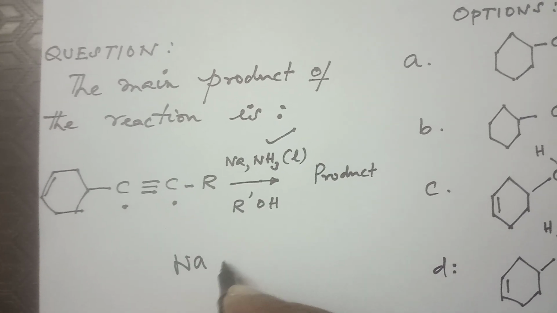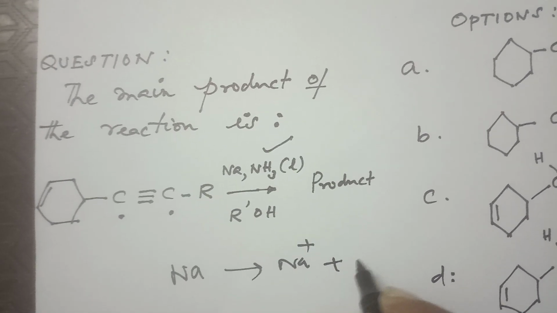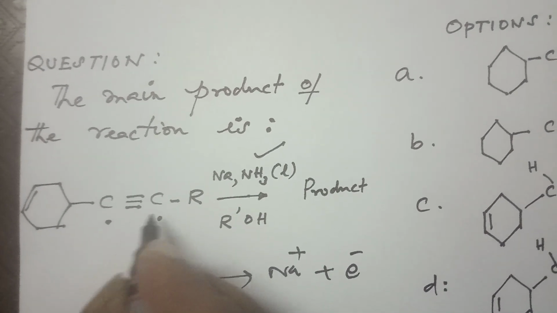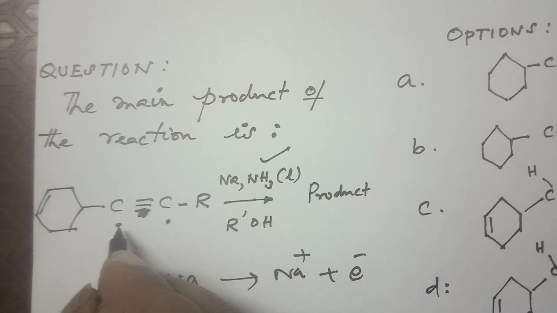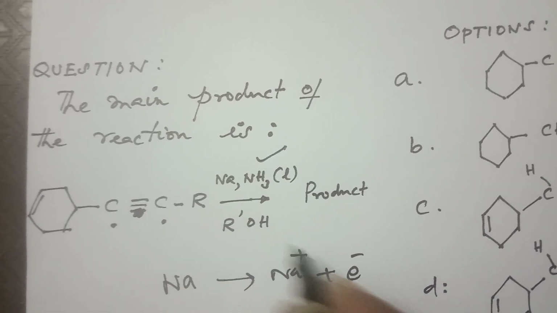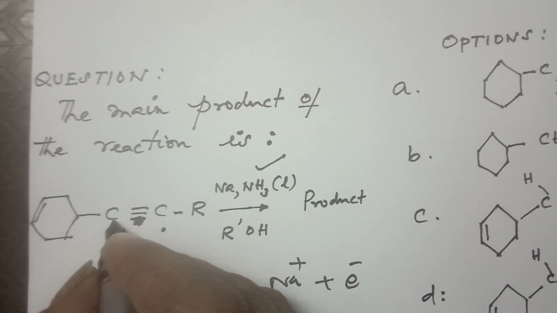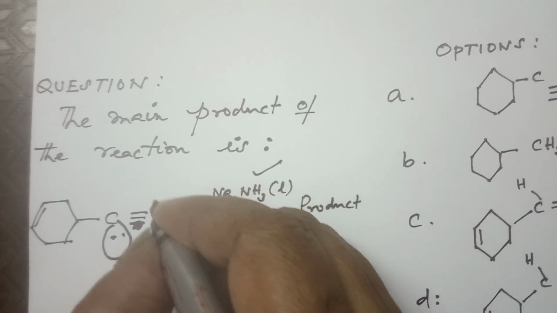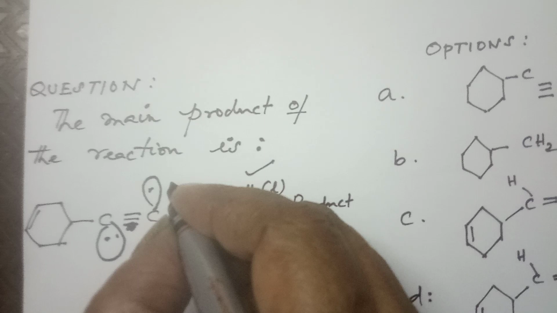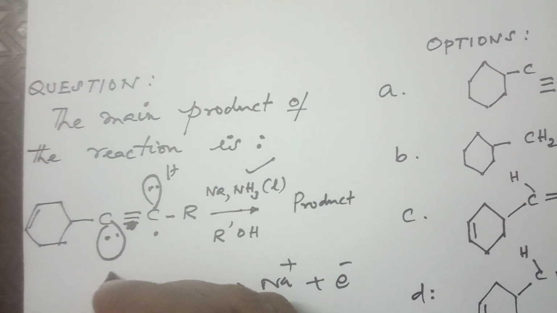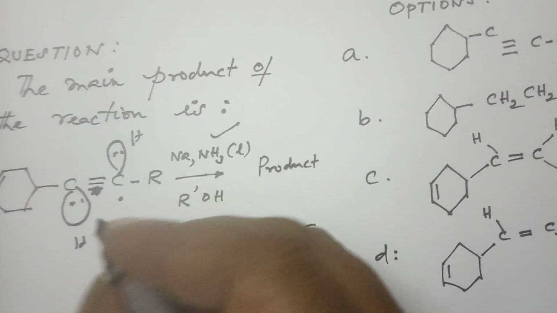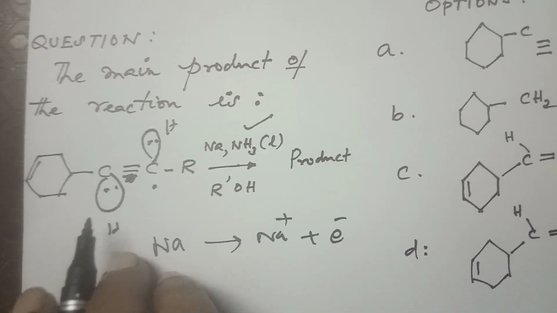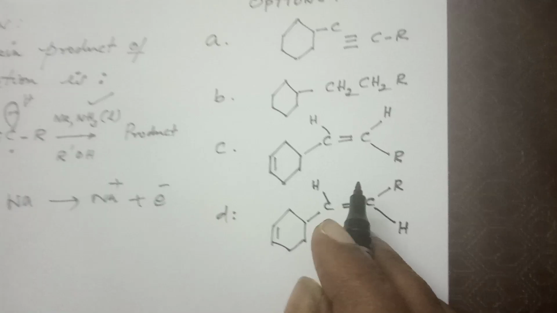How you are getting the free radical is because sodium gives Na plus and 1 electron. As soon as this electron approaches, pi bond cleavage takes place, the bond is cleaved and it gives the homolytic, that is free radical. Then this electron comes here and hydrogen is added. Both electrons are together, so they repel, so it occupies this position. Again from sodium another electron comes. Like that you have the addition of hydrogen in opposite directions. At the same time, this double bond cannot be reduced. With that knowledge we approach the problem.